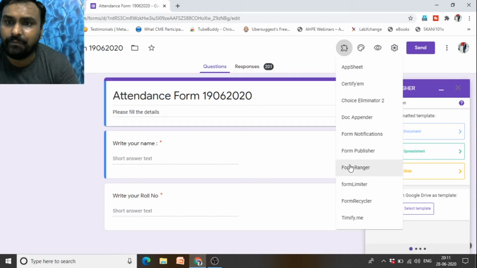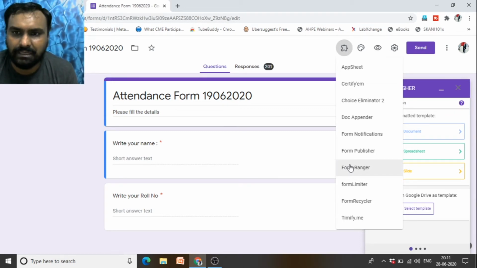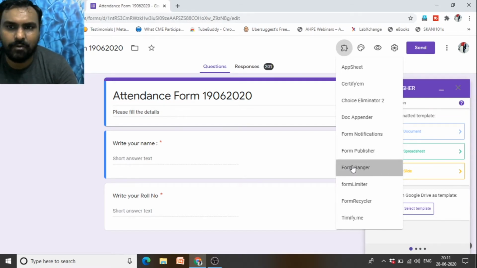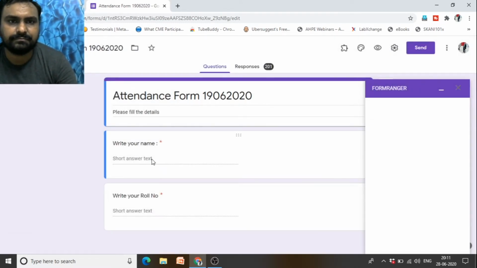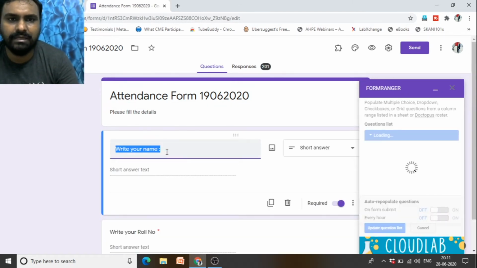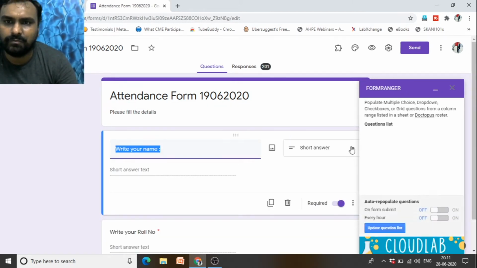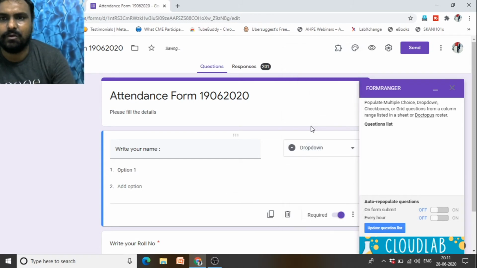Then Form Ranger. When you have multiple choices that you want to make and you don't want to add everything manually. So suppose I am selecting this Form Ranger, and start. Here suppose I want to get the information about the name. For that I have to use either MCQ or a drop down menu. Suppose I am selecting this drop down.